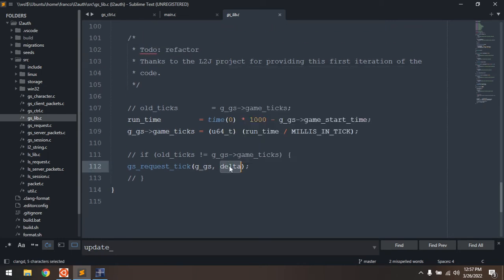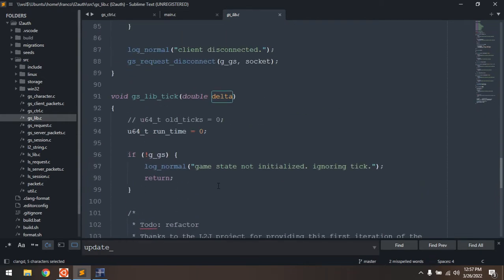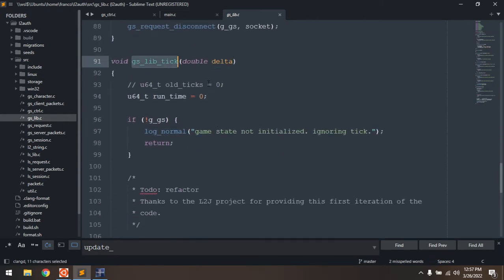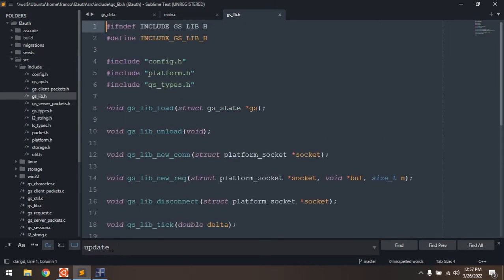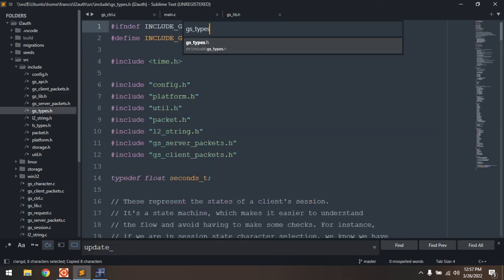What about the delta? Is it being updated? I don't think so. Okay, perfect. All right, so JSLibTick will be updated. Do I have to update this? Yes, I do. All right, so on the GS types,